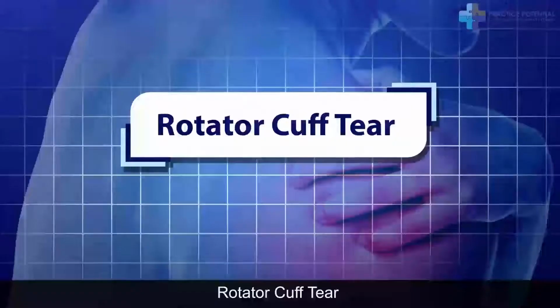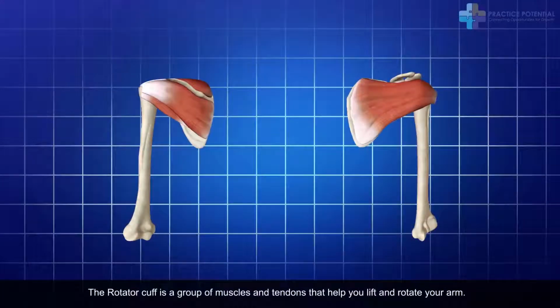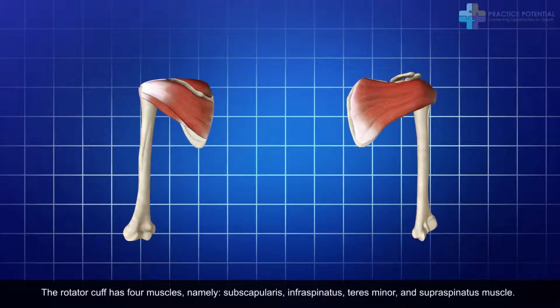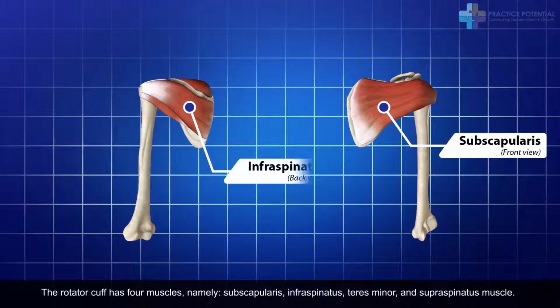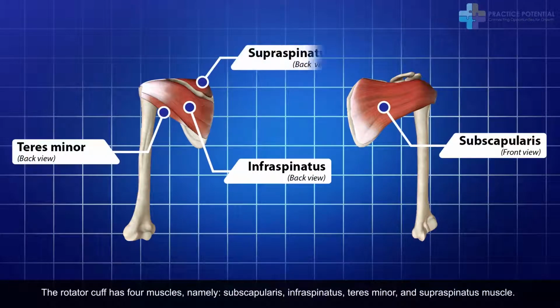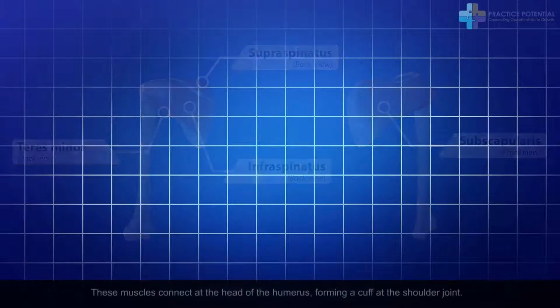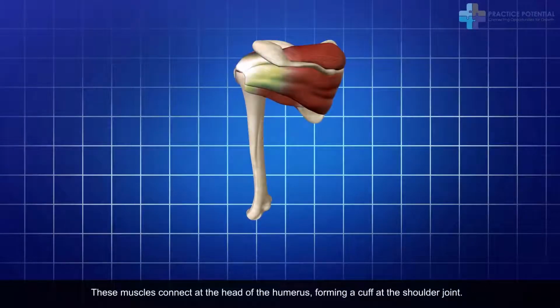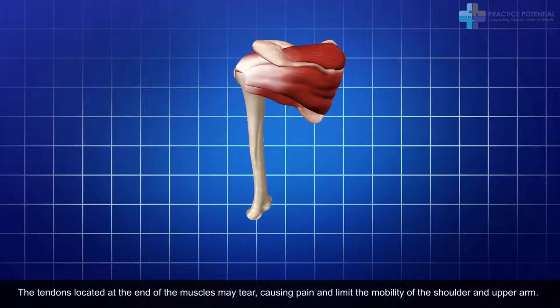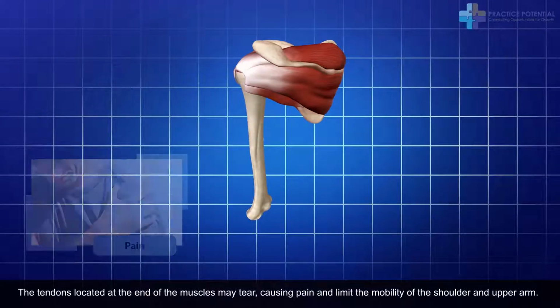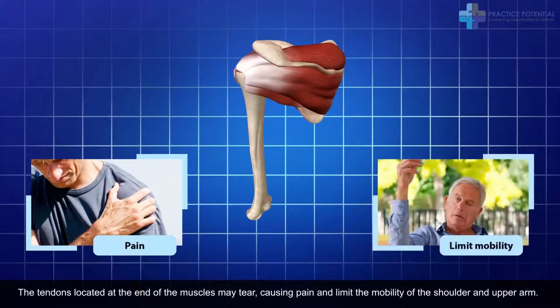Rotator cuff tear. The rotator cuff is a group of muscles and tendons that help you lift and rotate your arm. The rotator cuff has four muscles, namely subscapularis, infraspinatus, teres minor, and supraspinatus muscle. These muscles connect at the head of the humerus, forming a cuff at the shoulder joint. The tendons located at the end of the muscles may tear, causing pain and limiting the mobility of the shoulder